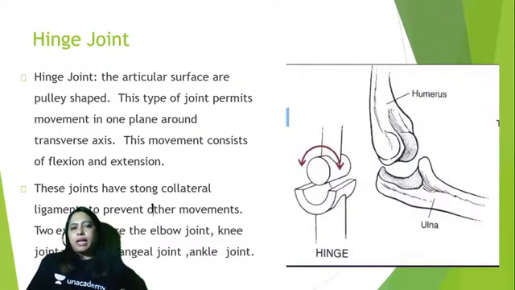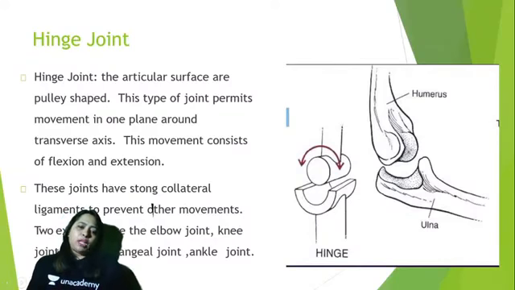So when we categorize the joints depending on their mobility, we can call them uniaxial type of joint, biaxial type, or the multiaxial type. For example, the shoulder joint is a multiaxial type of joint. So now here these joints have strong collateral ligaments which support them. What is collateral? Collateral is on the sides, lateral. So it is present on both the sides. So collateral ligaments are there to protect the joint and bring about the movements. Now here, it also prevents other unnecessary jerky movements.